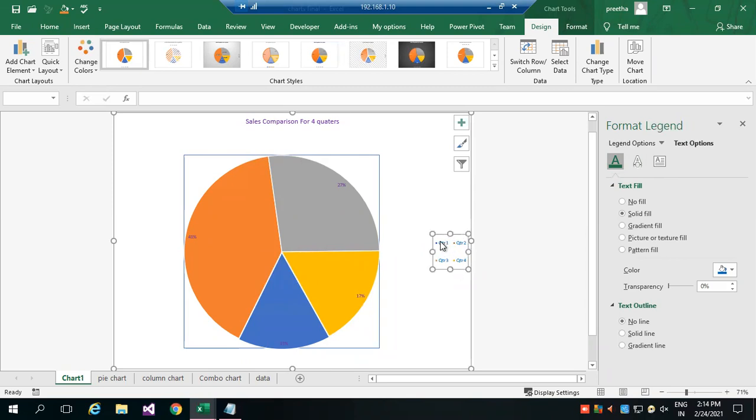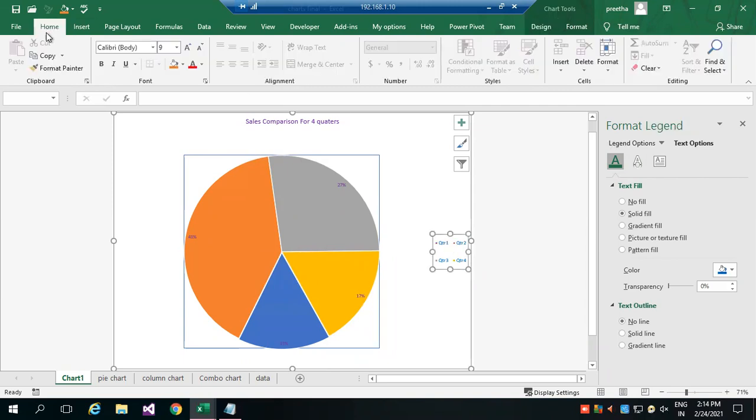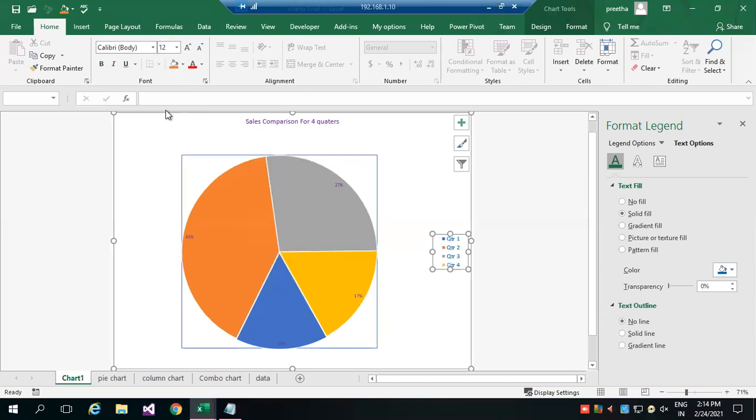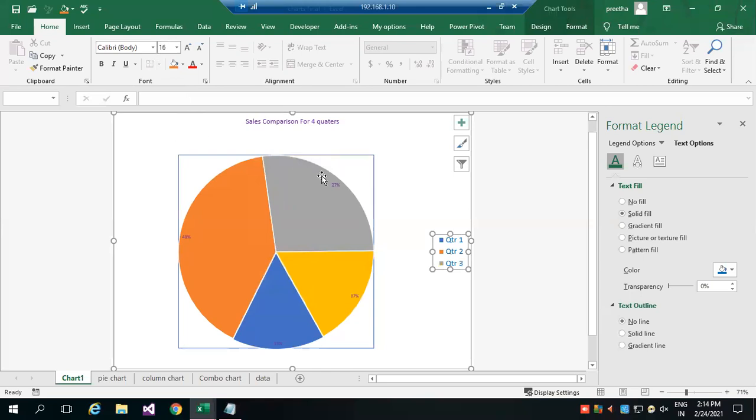If suppose it is not getting increased, what you can do, in Home also there is an option. You can change the size of it. So I increased, you can see here, it has increased. This is called legend, what I'm selecting currently.